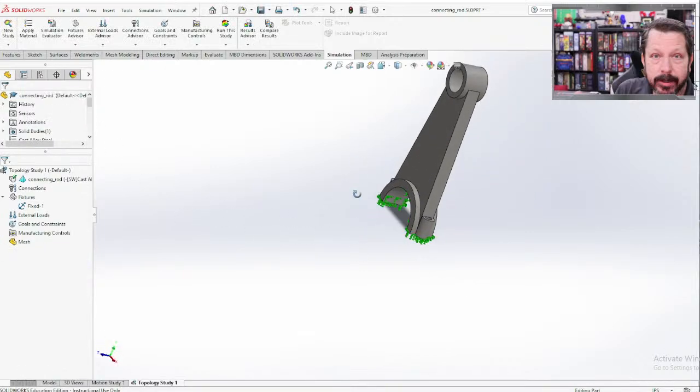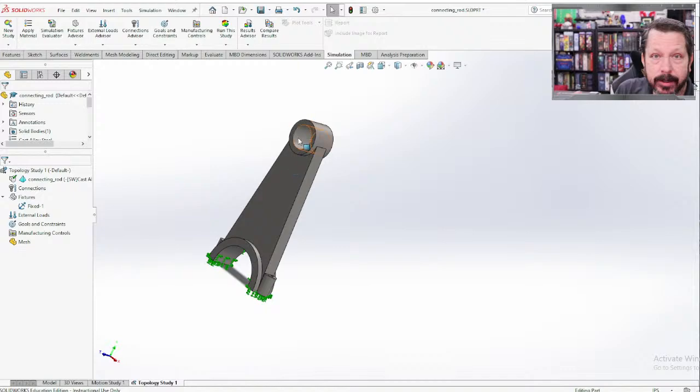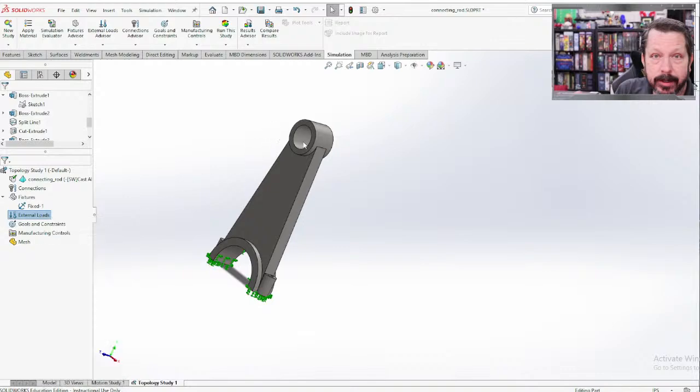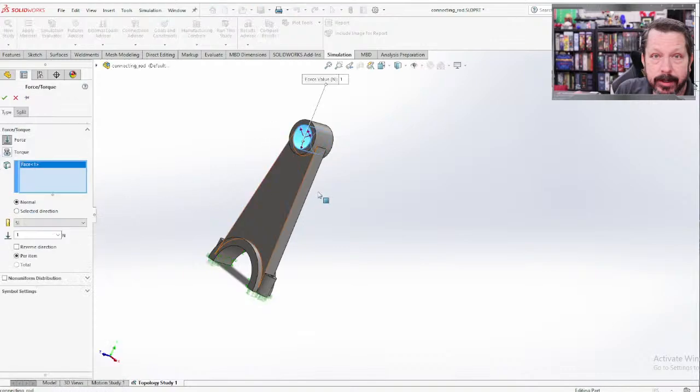Okay, then let's add our force in the pin here. So the piston sits on top of this and will push down on it when the ignition happens in your combustion chamber, and then the inertia of the piston will pull it. It'll be in tension a little bit. So there's some forces. We're not going to be too serious on how this gets loaded, but here's how we're going to load it. We're just going to put a force on that surface,